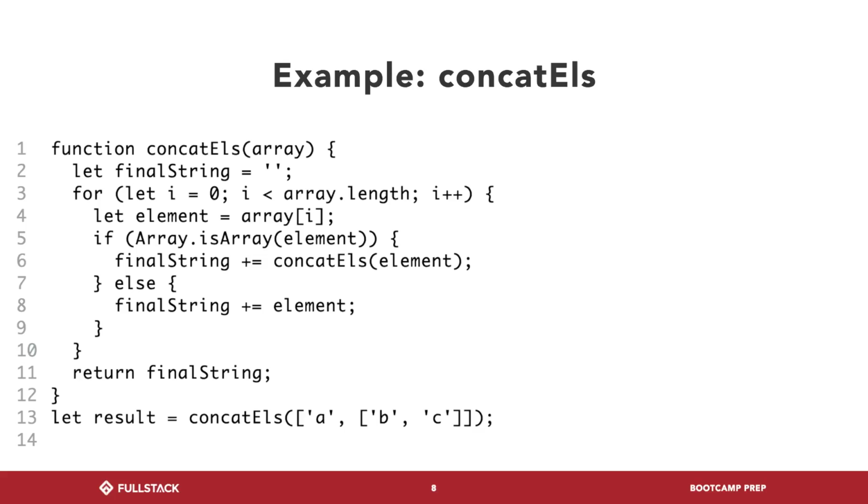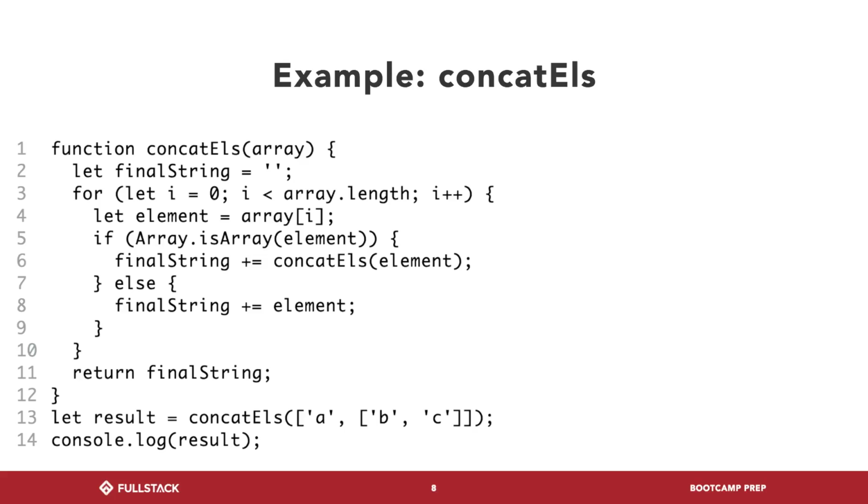This is very similar to the sumNums problem you guys did this morning, right? Where we return num plus sumNums of n minus 1. This is the same exact thing, except now we're not always guaranteed to add a recursive call. We very well could just say, great, give me back a normal string, right? And we never touch the recursive part of it.